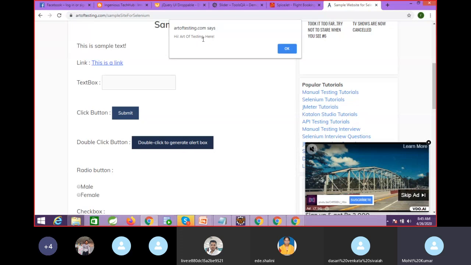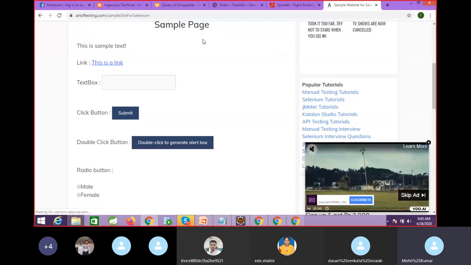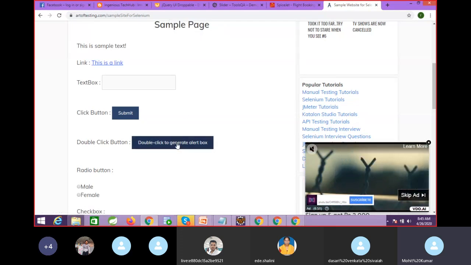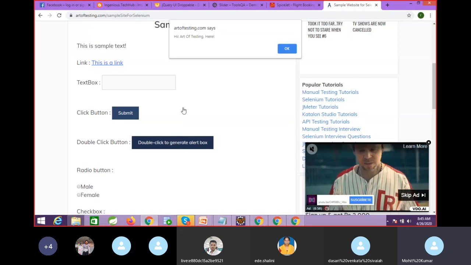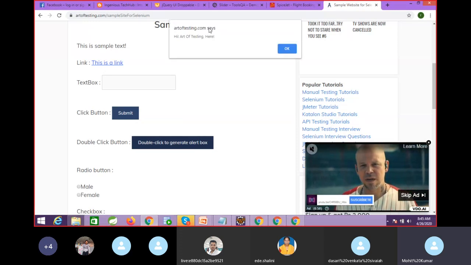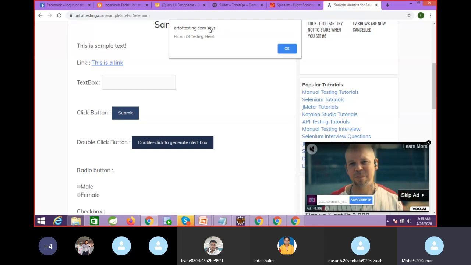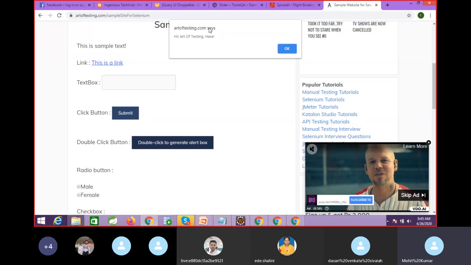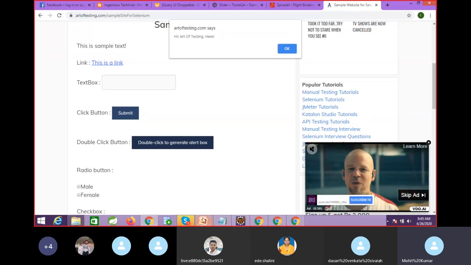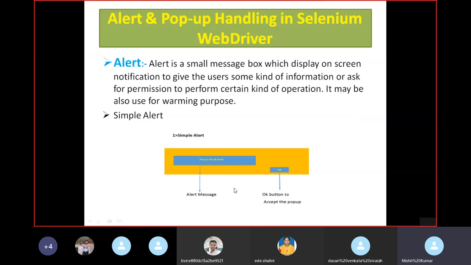We have another topic, how to handle multiple windows. Here we need to understand whether it is a pop-up or not. How to understand? If we do inspect, right click, it will not be there. Inspect is not there, then this is your alert pop-up. So how to handle this? By using the Alert interface. We will get many types of pop-ups, but we need to concentrate on whether it is inspectable or not.